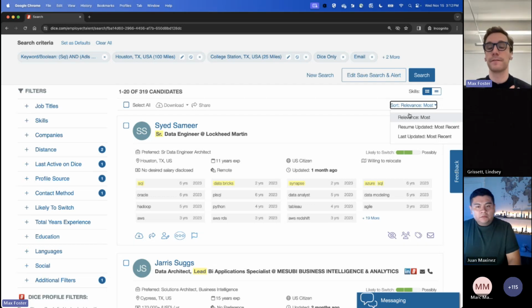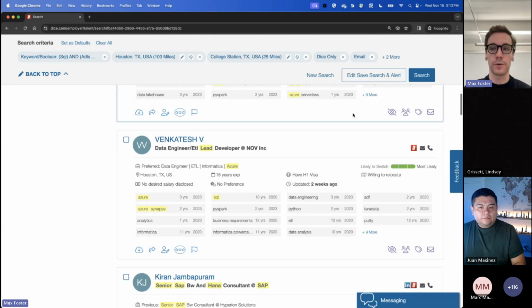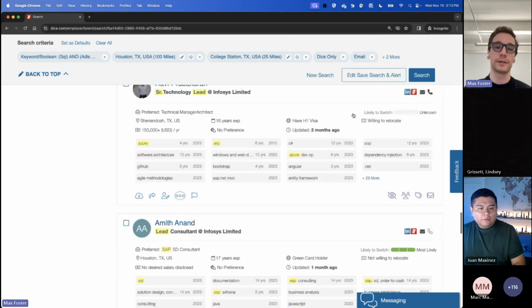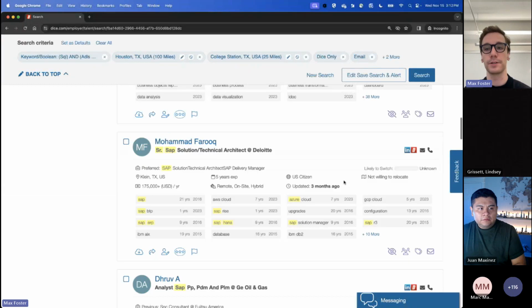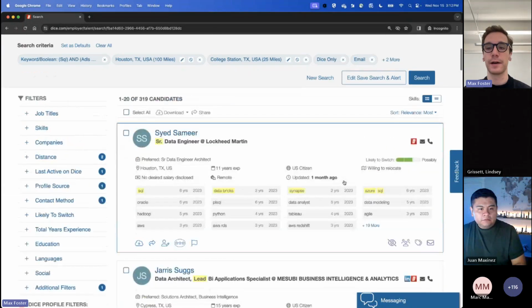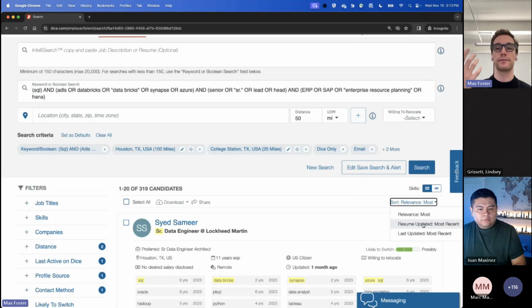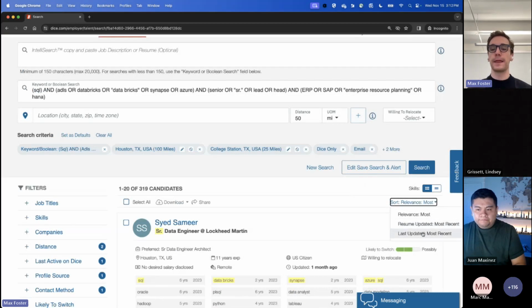Now, I'm going to be honest, I found this to be very accurate. However, of course, I'm always going to scroll down to the bottom. Do not forget to keep going to page 2, page 3, page 4, page 5. And keep in mind, you can also extend the results per page to save you the anguish of having to scroll too much. But that's the best way to do it. Now, I don't know if you noticed there are other ways. You can search based off of resume last updated and last updated their profile. But it should be searching based off of relevancy more than anything. And I hope that answers your question there. And thanks for clarifying that for me, Max. But yeah, Jahangir, if that wasn't the question, please let us know.